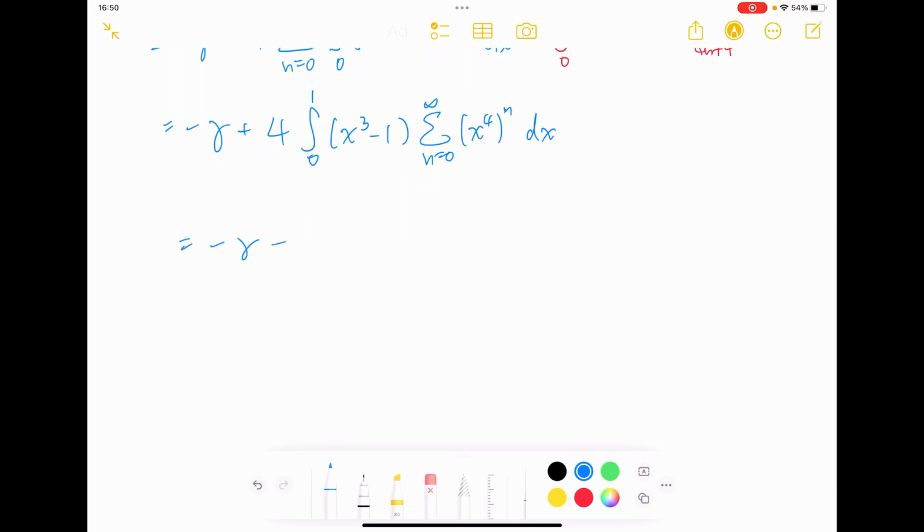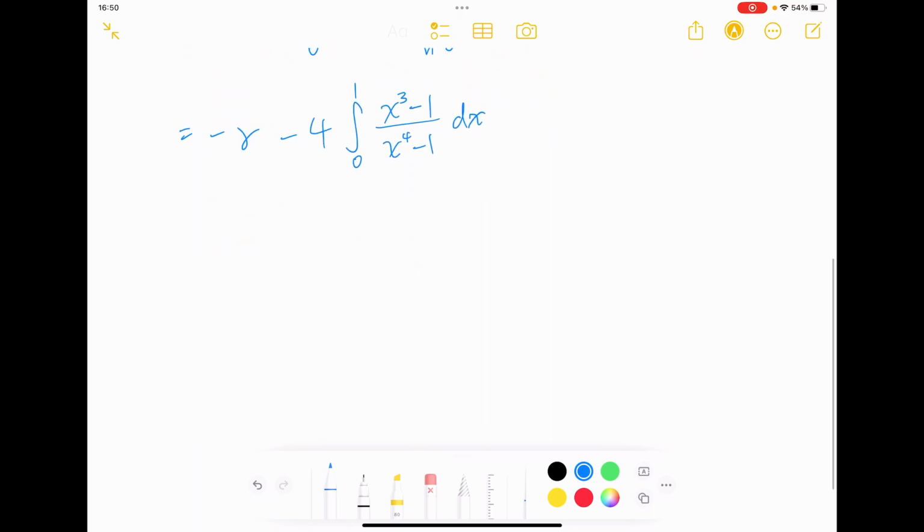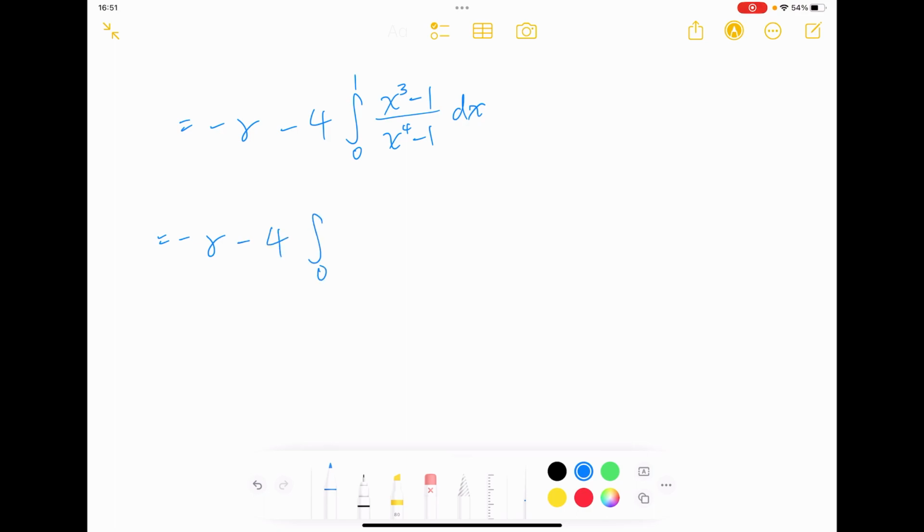So negative gamma plus 4 times this integral. And we're going to write this in the numerator. We're going to have 1 minus x to the 4th dx. And let's just switch up the denominator by introducing a minus sign. So a minus sign here. And let's do some factorizing. So it's going to be negative gamma minus 4 times the integral from 0 to 1